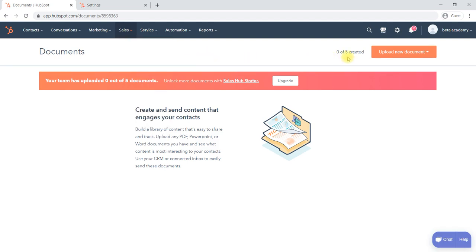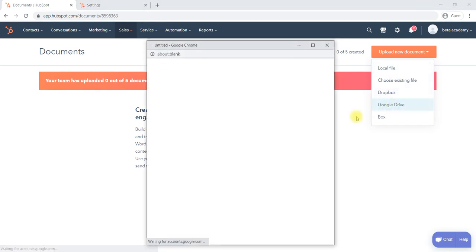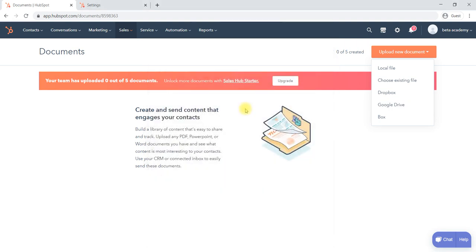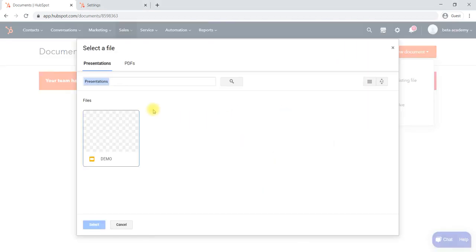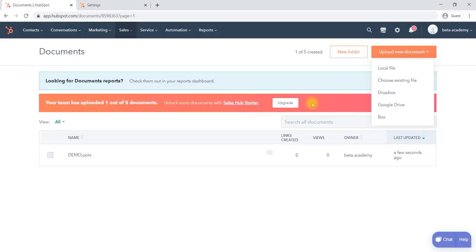For example, in documents, we can upload documents. You can upload from a local file on your computer, or from Google Drive. For example, if there is a particular document or PDF you would like to upload, it has been uploaded here.